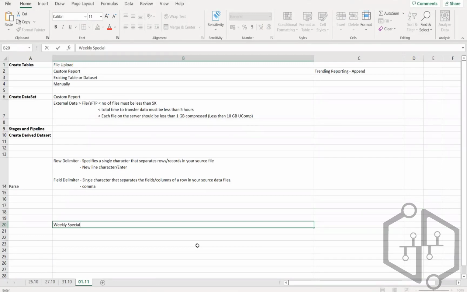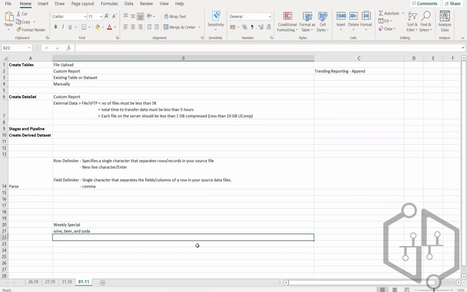So we have weekly special, we have wine, beer, and soda, and then we have 2 for 1 or 9 point or 10 rupees or $10, whatever